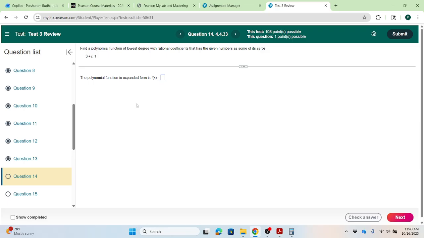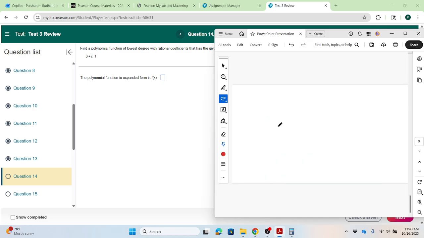Okay, find the polynomial function of lowest degree with rational coefficients that has the given numbers as zeros. So 3 plus i is one of the zeros. That means 3 minus i is supposed to be another zero. So the lowest degree function is supposed to be degree 3, because there are 3 zeros. If you are just looking for a polynomial, there are many polynomials, but if you are looking